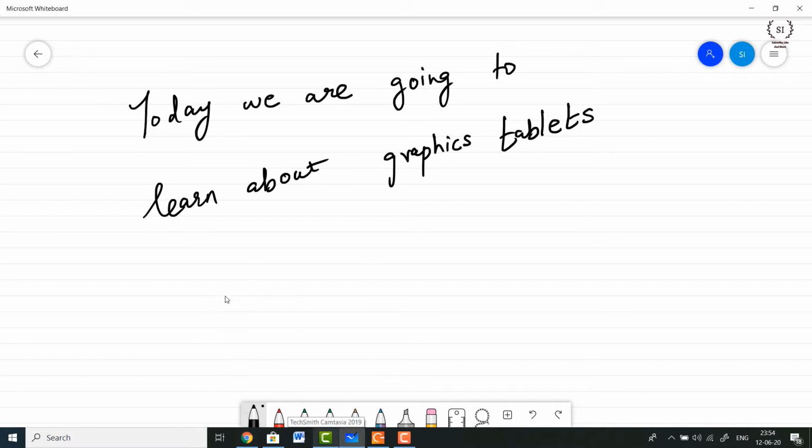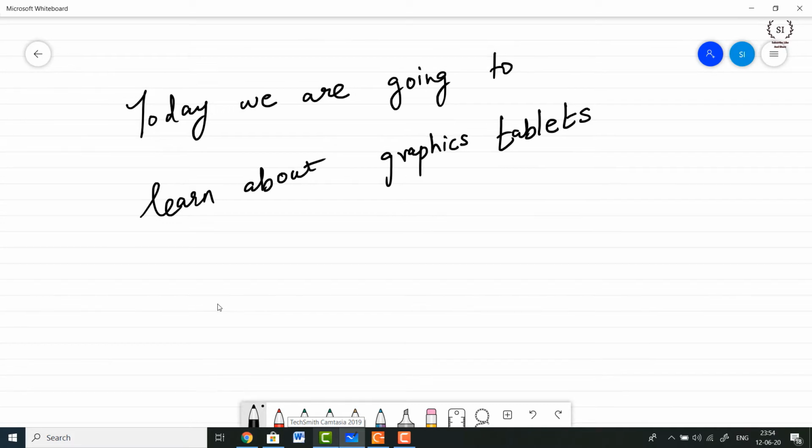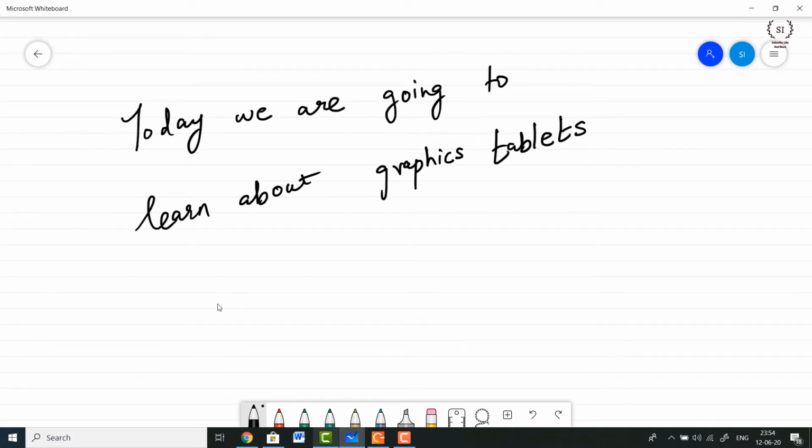Now I'm using my mouse, so I'm trying to write along with it, but this is what you would be able to do if you are using a mouse, because a mouse is not that flexible in terms of point and click, in terms of point and draw. So what exactly happens is, if you are having this pencil or a stylus with you, it becomes really easy for you to draw smooth curves, draw lines with the help of this stylus pen.